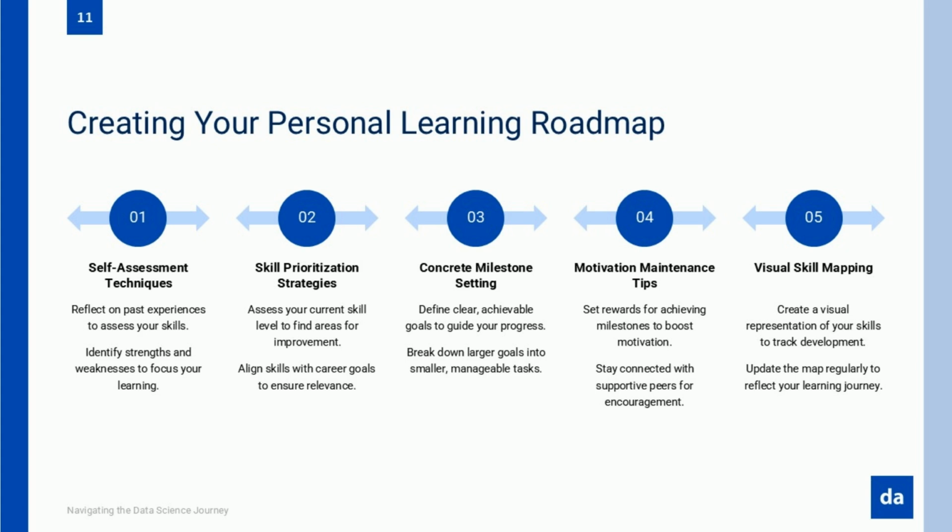Most aspiring data scientists find themselves trapped in an endless cycle of learning, never quite sure if they've learned enough to take the leap into their first professional role. This uncertainty stems from a fundamental problem: the absence of a personalized roadmap. Without clear direction, many fall into the trap of pursuing breadth over depth, accumulating superficial knowledge across dozens of technologies rather than mastering core competencies. The path forward isn't about learning more, it's about learning strategically, with intention and structure.